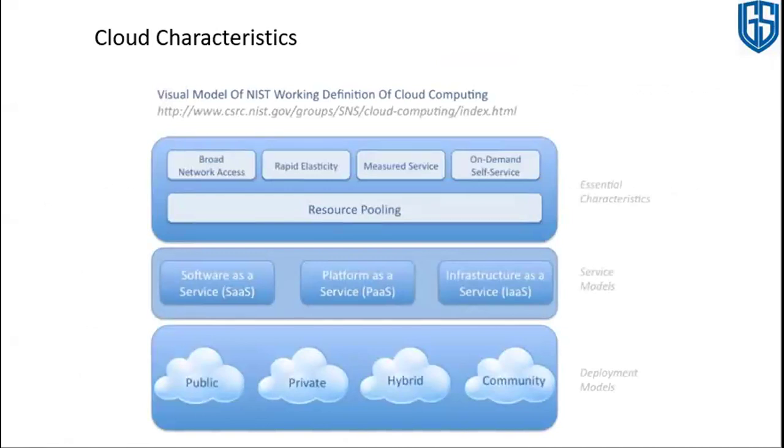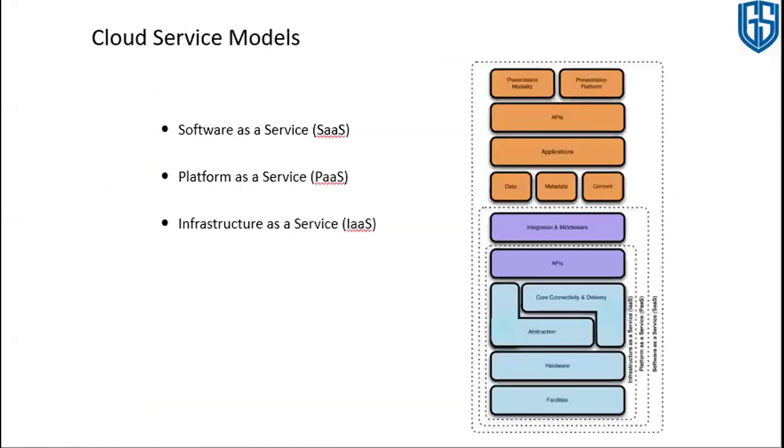We discussed SaaS, PaaS, and infrastructure as a service, and also understood that nowadays various services are coming onto the cloud. So we call it XaaS, anything as a service, which is now also offered through cloud.